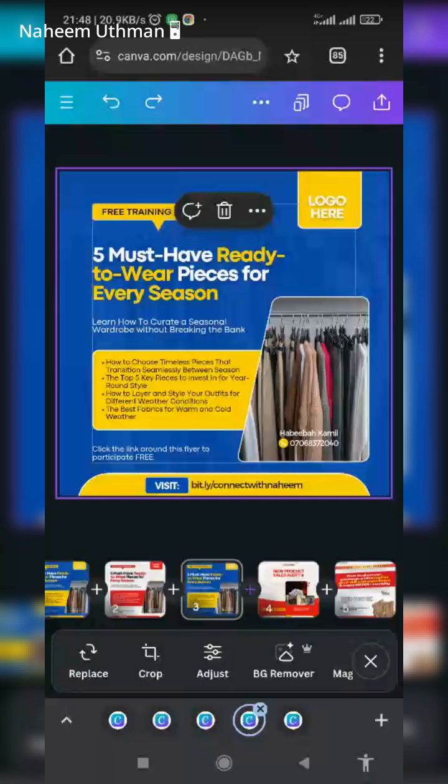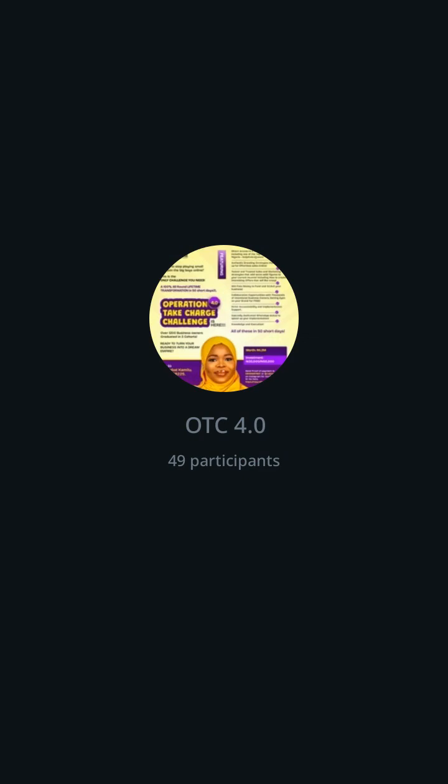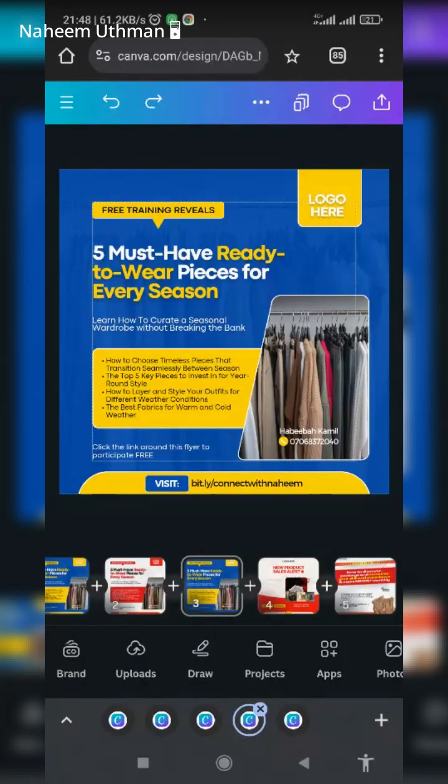See who your competitors are. When you see their design, screenshot them. When you see designs as far as business is concerned, screenshot them and keep them in your